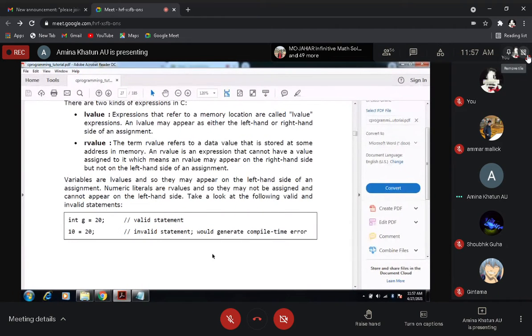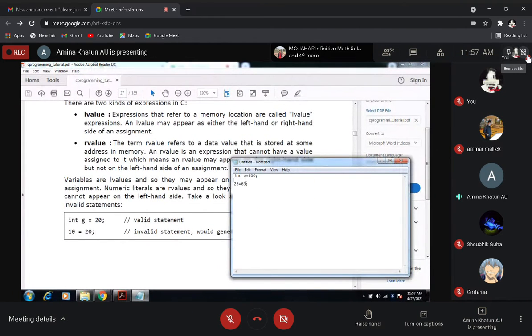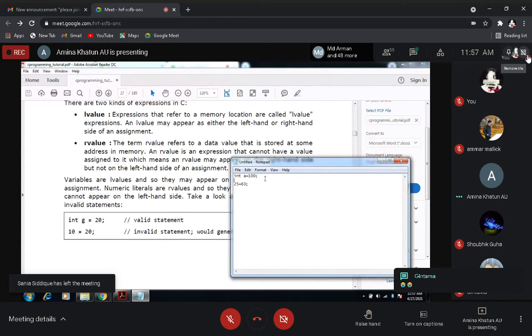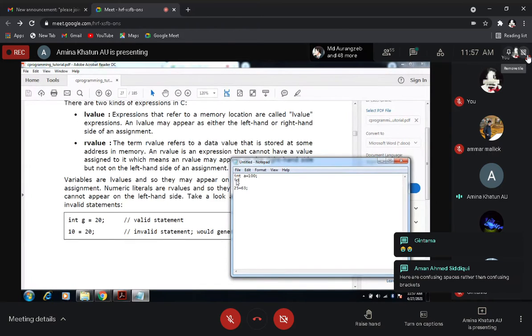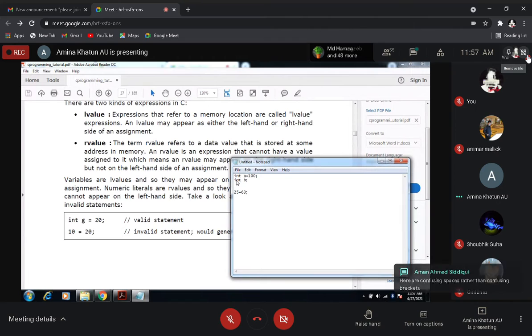So here you can see a is on the left hand side, this is an L value. Or you can take another example. Suppose you have taken b, and next you are assigning the value of b equal to a. This is valid.